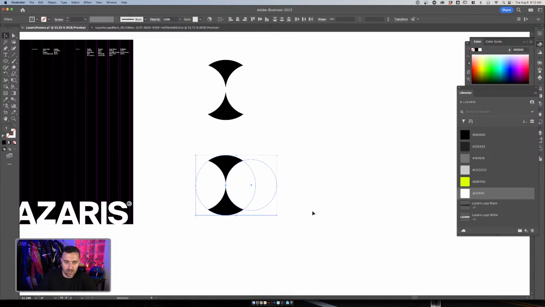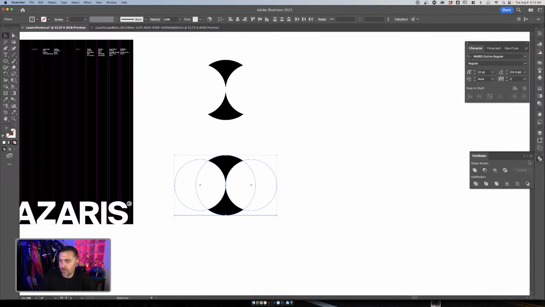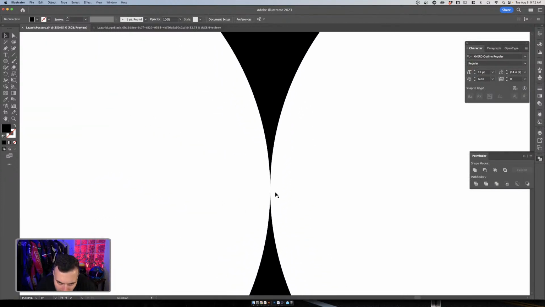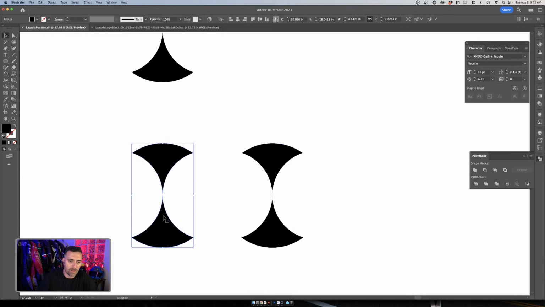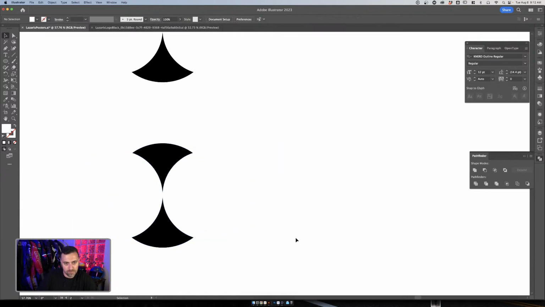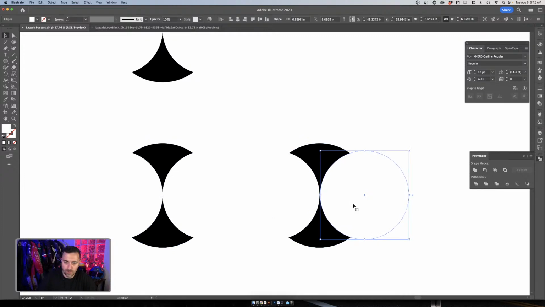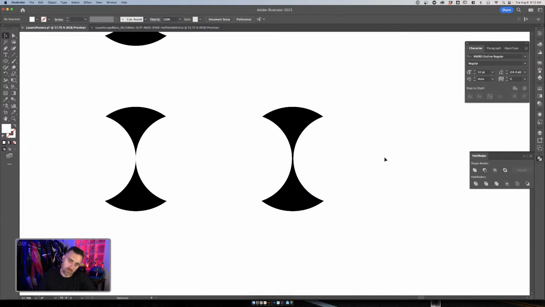All right, so I've got, these are centered. Let me take it out of Pathfinder. So now I've got this shape. I think it might need to be a little bit thicker in the middle. I think it's a little too thin. Let me just do 4, 1, 2, 3, 4. Just make sure it's okay. All right, let's try it.